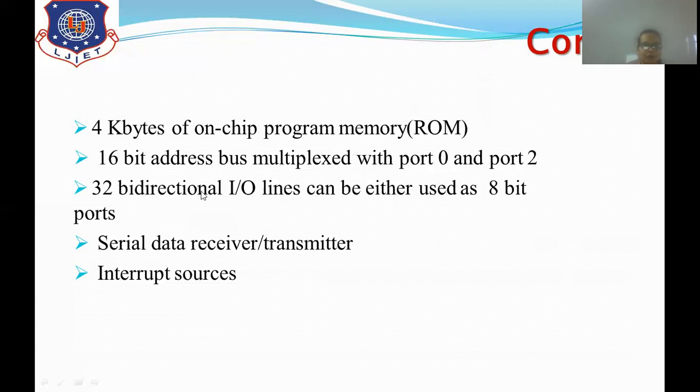Then 32 bidirectional IO lines, that means it has 4 ports with 8 lines each, so it has 32 bidirectional input output lines that can also be used as 8-bit ports. Then serial data receiver and transmitter for serial communication. And last, the interrupt sources. Clear? So these are the various features in which our 8051 controller works.